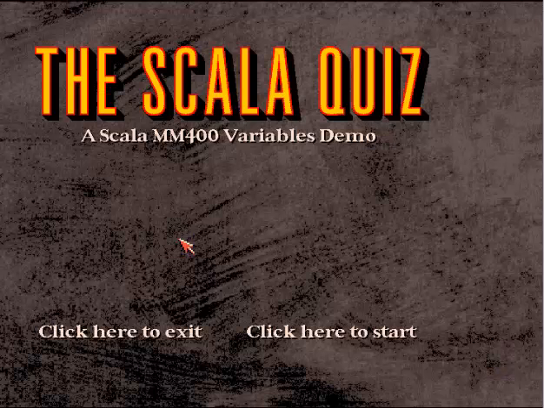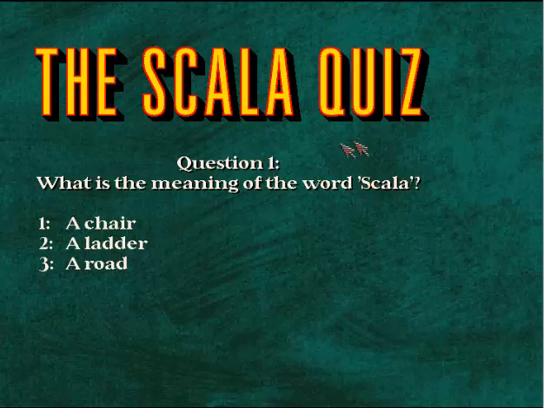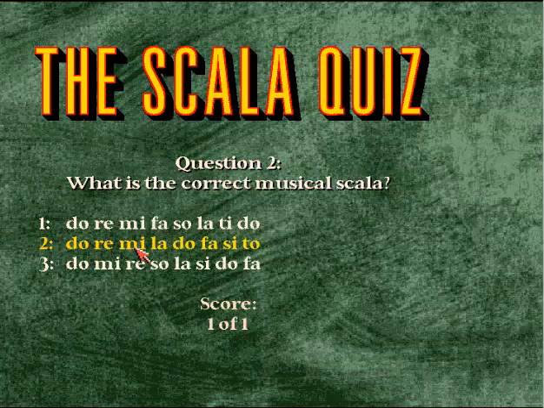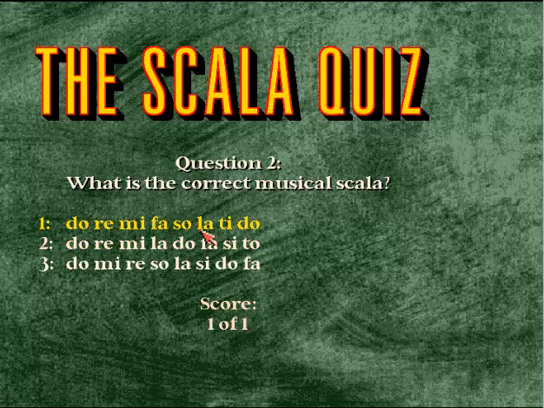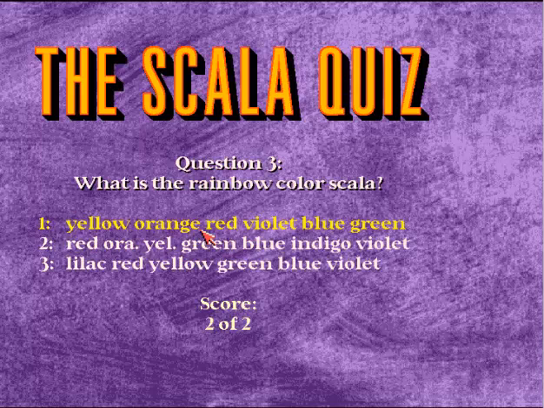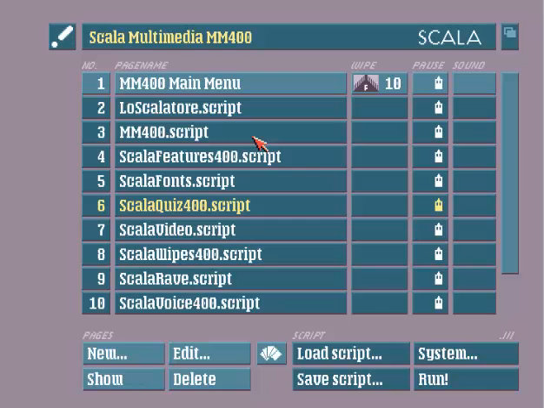You could also have interactivity. So, this is like a little quiz. What's the meaning of the word Scala? I think it's a ladder. Hey. And it's correct, musical Scala. Do, re, mi, fa, so, I don't know. Yeah, anyway, this is what you could do. So you could have a little kind of interactive quiz or little options. And this got to the point that when I was a kid, I made point and click adventures on Scala, which is crazy. But let's show you